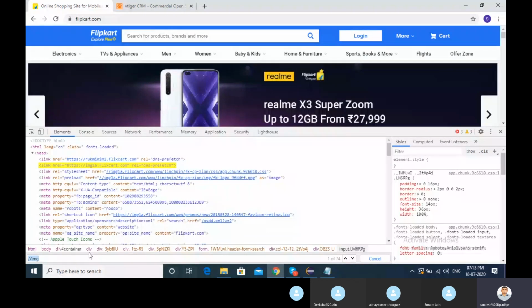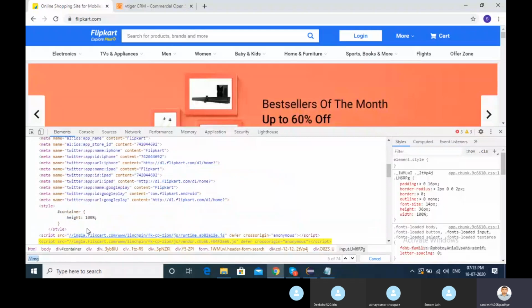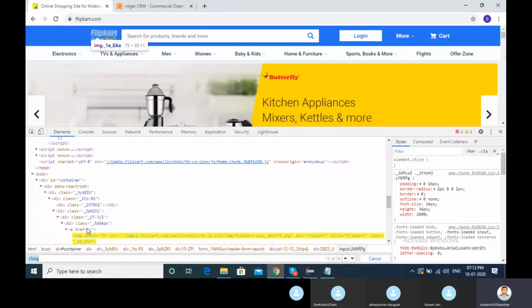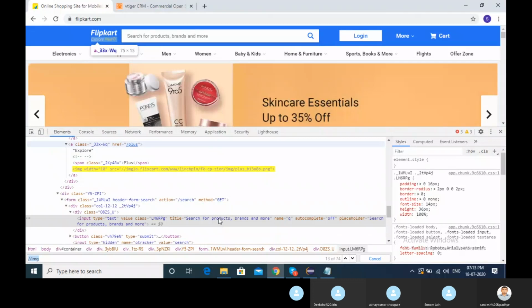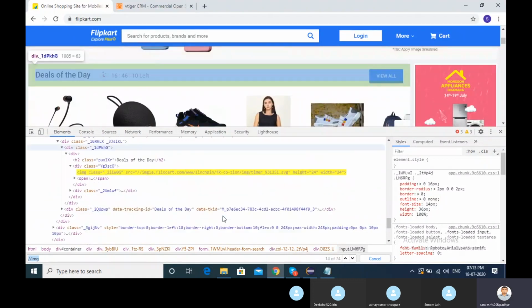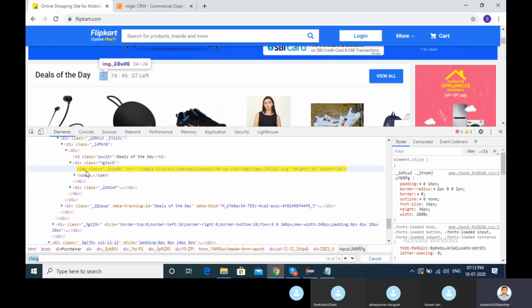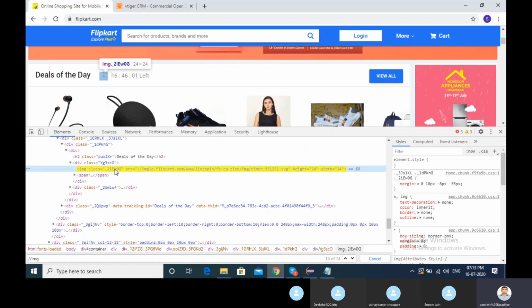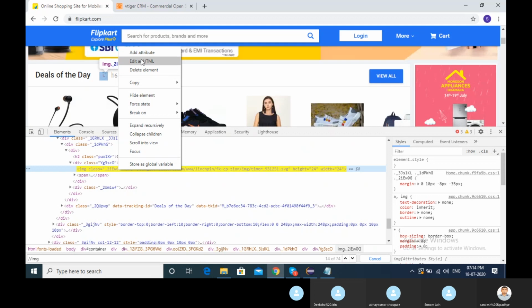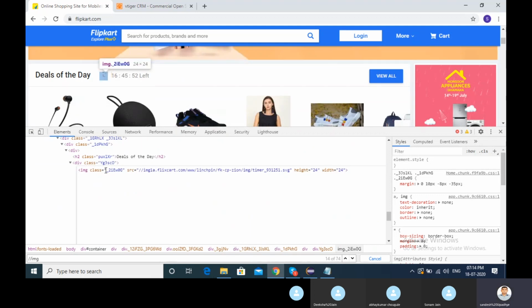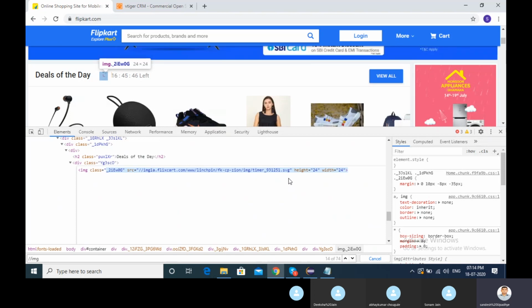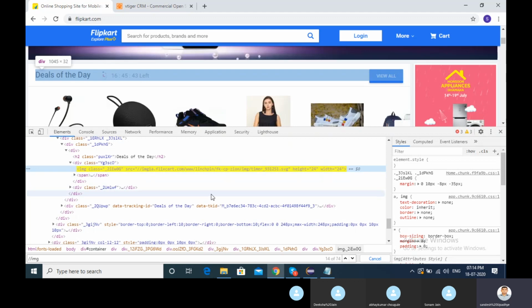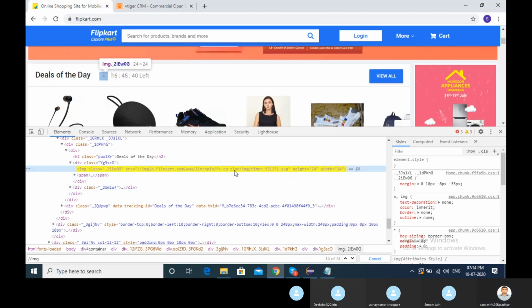So let's say suppose I want to find some image like this. I'm going below, I'm seeing some image tag. Okay, if I find a particular image which has a class name, it looks like this, right? So how can I find it? I want to copy these things. These are very big names. This is not a good practice when we have this type of class. Let me put one other example.